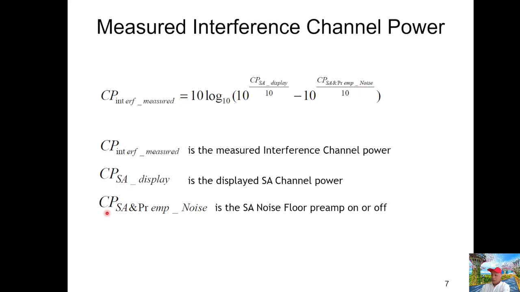So the CPSA, the channel power, is the spectrum analyzer noise floor with the preamplifier on or off. We use this formula to do the calculation. We are not going to discuss how this formula comes from. This should be an easier one based on the basic concepts we cleared in the first few slides.